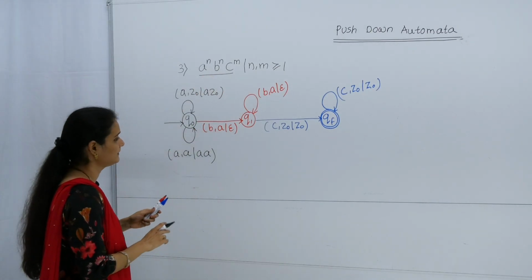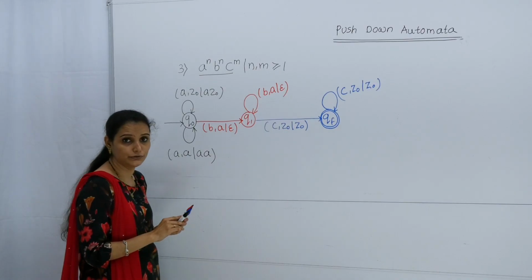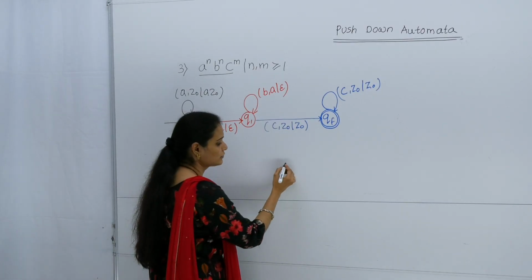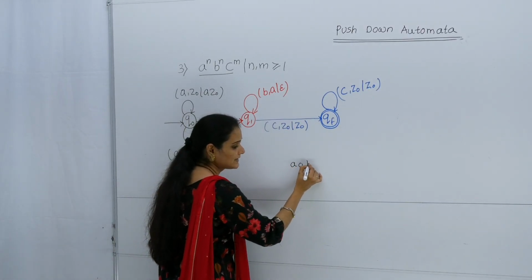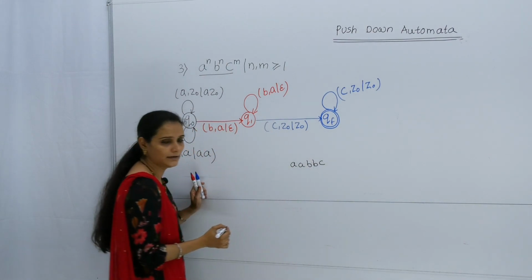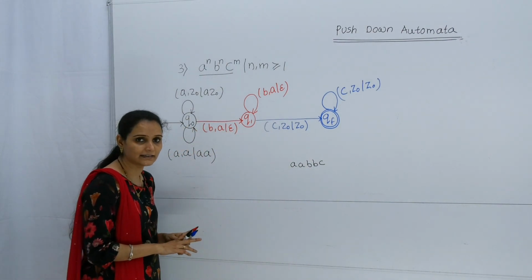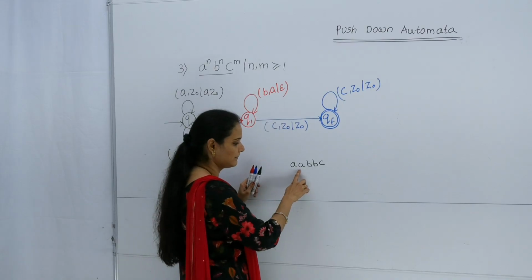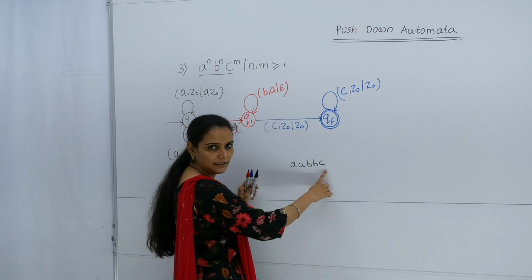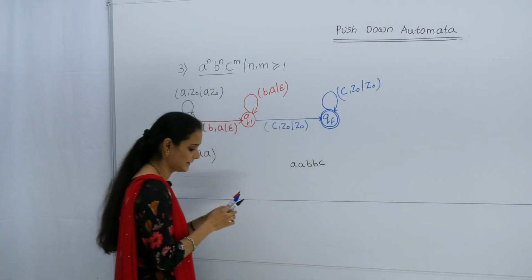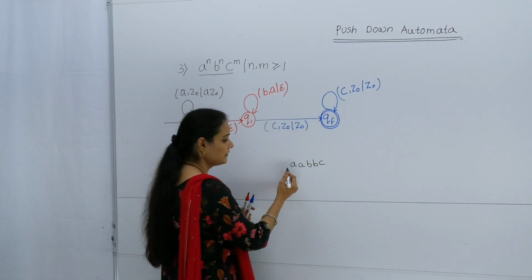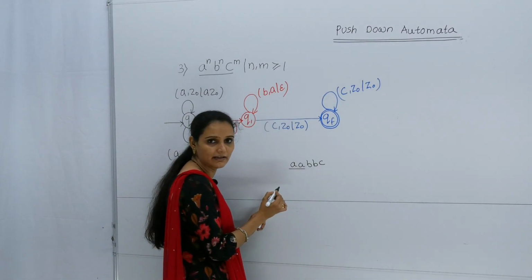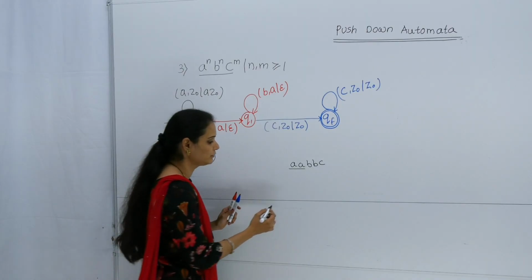So what logic can we use for that? See here, students. We will first see one example, a, b, b, c. That kind of string is accepted because the number of a's is equal to the number of b's and there are no restrictions on the c's. So firstly, whatever the number of a's there are, we are going to push them into the stack.